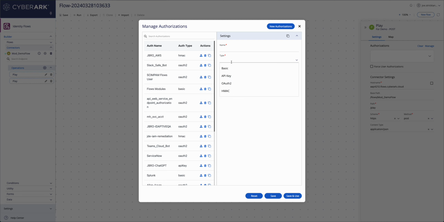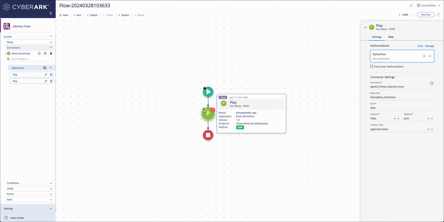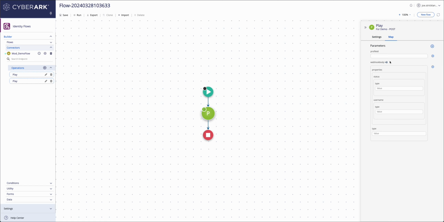The auth type is already set to basic. So we'll do demo flow here. The user ID is going to be whatever I used a moment ago. And the password is, again, going to be the password that I used. So we'll go to save and use. And now we'll put it in there, right? So now this guy has a little green key. It has the authorization. We can now go over to map,